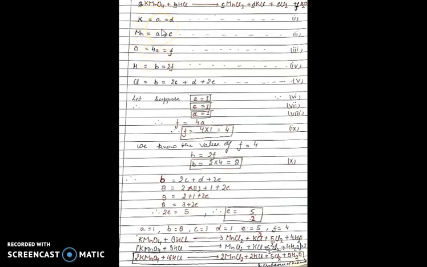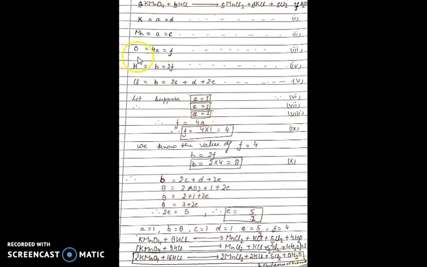So B is present 2 times and A is present 3 times. Whenever this kind of situation occurs, we take the letter coefficient which comes the maximum number of times and make it equal to 1. Let's suppose A equals 1. Immediately the value of C also becomes 1 because A equals C, and A equals D also, so the value of D also becomes 1. So by doing so, we get the values of A, C and D.